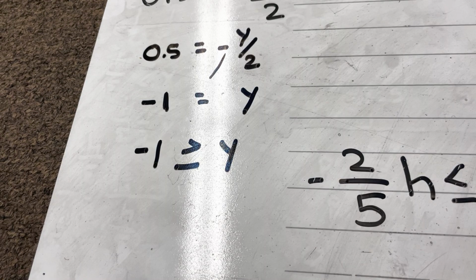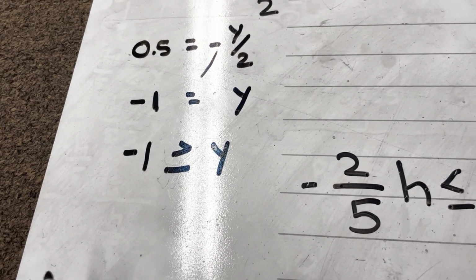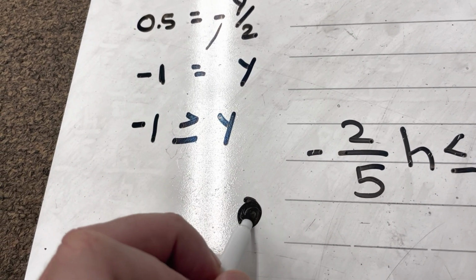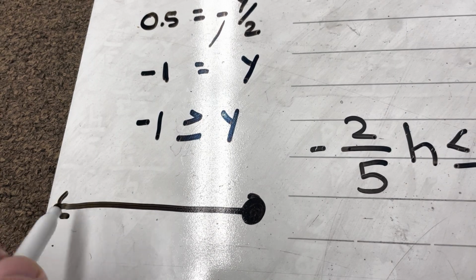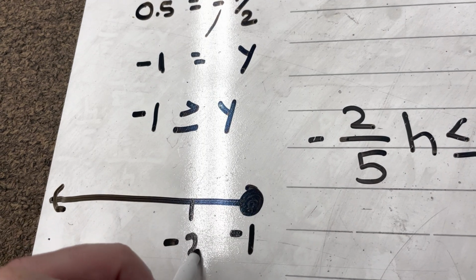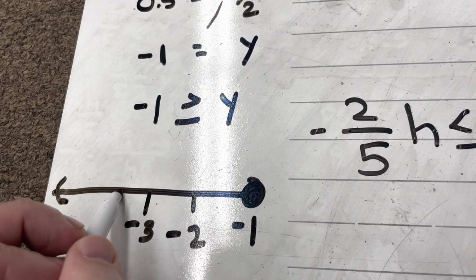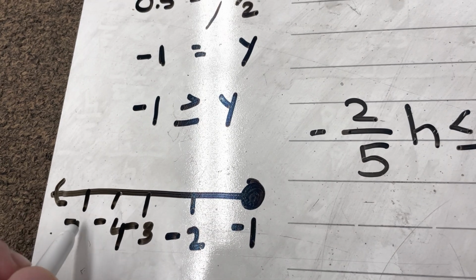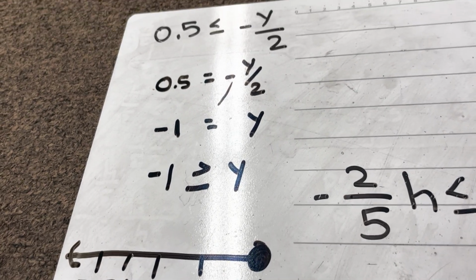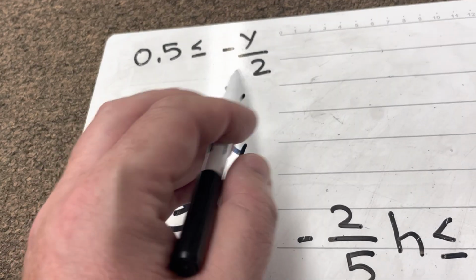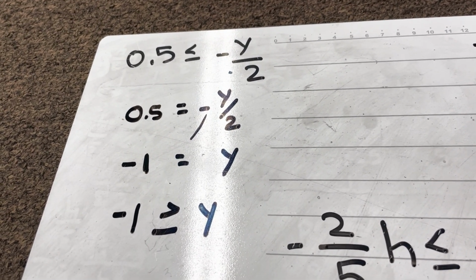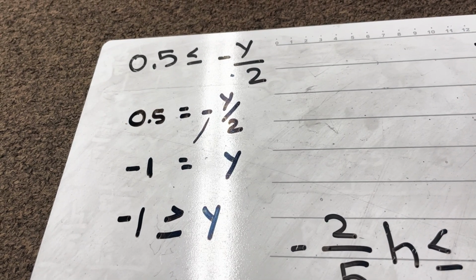Okay, so when I do that now, I have y. Y is on the smaller side of the equation, and it can be equal to. So I'm going to have a shaded circle. It's going to be moving to the left because it's on the smaller side of the equation. It's going to start with negative 1, and it's going to be negative 2, negative 3, negative 4, negative 5, and so forth. Whenever you have in a multiplication or division equation a negative associated with the side where the variable is, you ultimately have to switch the inequality signs. Okay, so